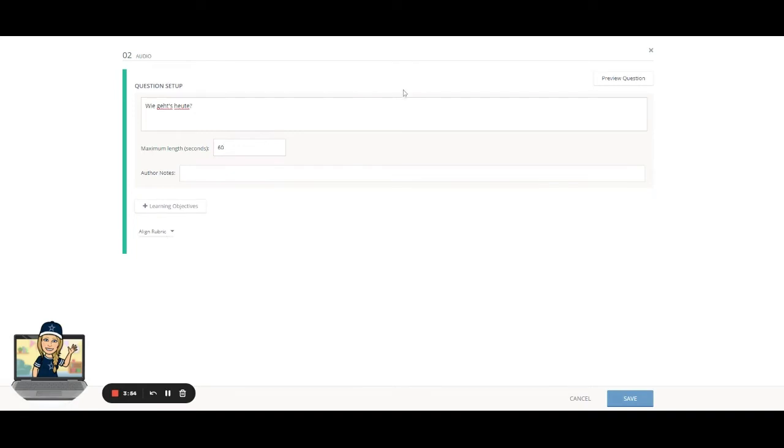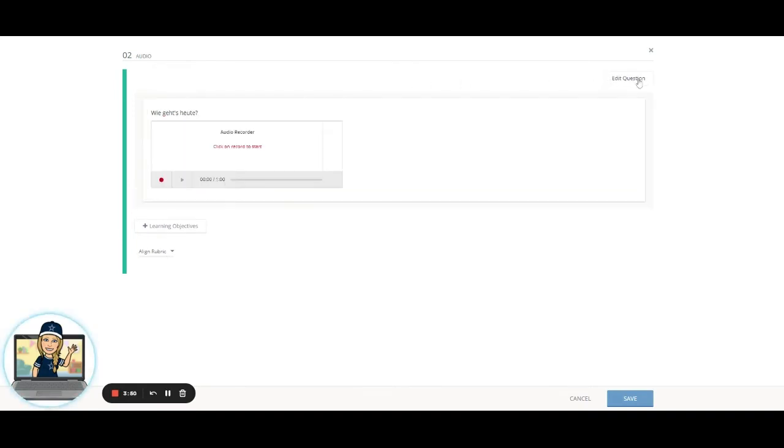rubrics in Schoology. Let's take a look at what this question looks like for our student by clicking that preview question button. When you do that, you're going to see an audio recorder pop up. So this is what your student is going to see. Wie geht's heute? How are you today? And an audio recorder. They can press the record button, play it back when they're done, and they see that